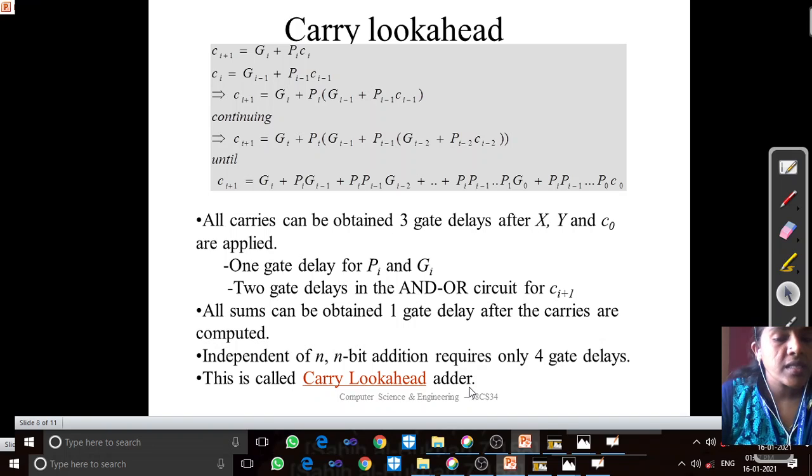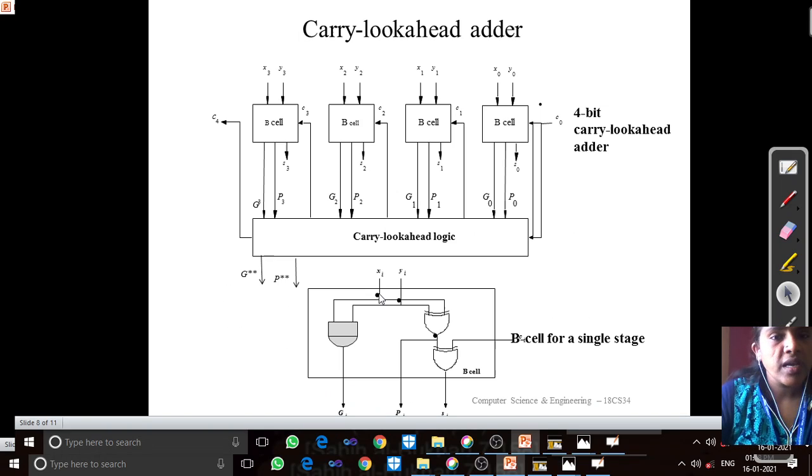But when you take a 16-bit ripple carry adder, just now I showed you the example, S31 is obtained by how many gate delays? 31. C32 is obtained by 32 gate delays, 2 into 16, 32 gate delays. Now compare the gate delays here and there. So obviously the adder which is using the carry look ahead concept is very fast. Hence it's a fast adder.